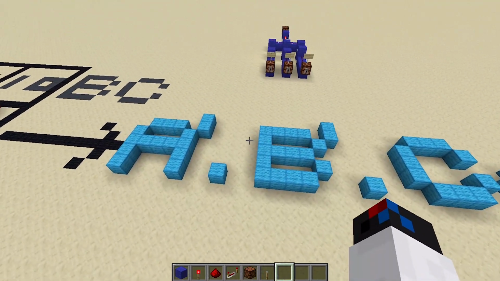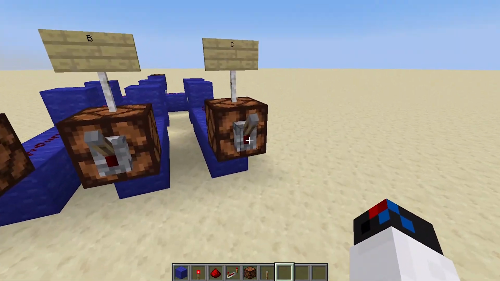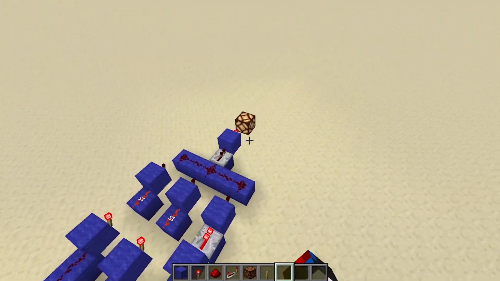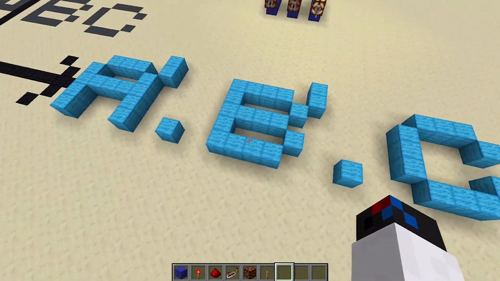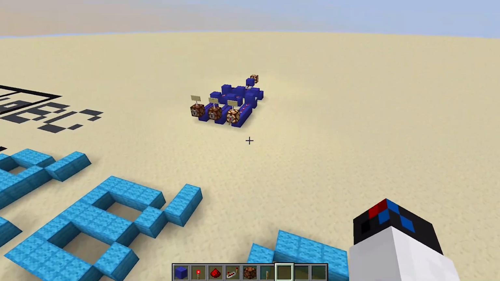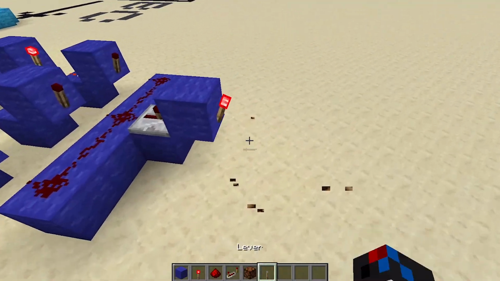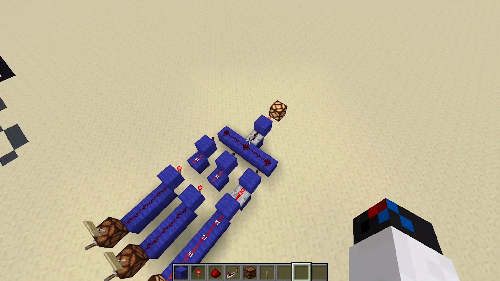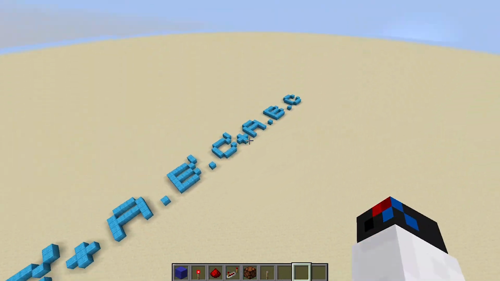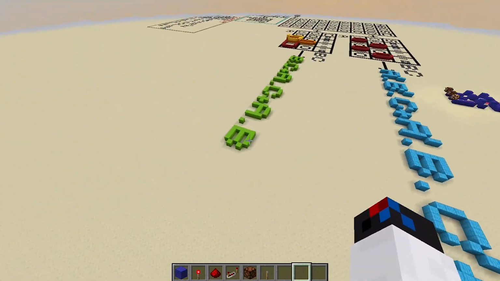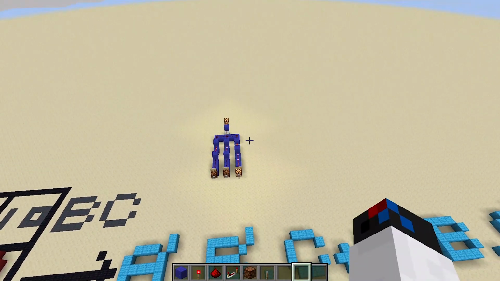So if we provide 0, 0, 1, right, we should get an output. As you can see, we have an output because a naught will become 1, b naught will become 1, and c 1 will be 1. So all are 1s, and we will get an output. And now what you need to do is do the same thing for all of the other pairs of input combination. Same for this one, and by the end you will be able to build your very own full